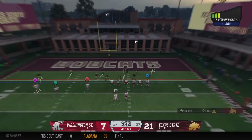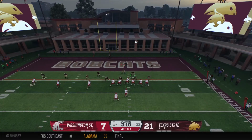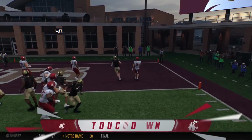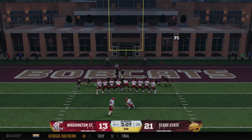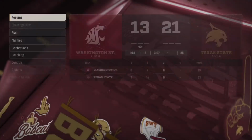Facing this double-digit deficit here in the second half, it's almost a no-brainer to go for it on fourth down. Looking for the marker. Touchdown, Cougars! And the comeback is on. You want to keep your offense on the field? Wear down the defense? Put that tape on and show it in a clinic. That's the way it...